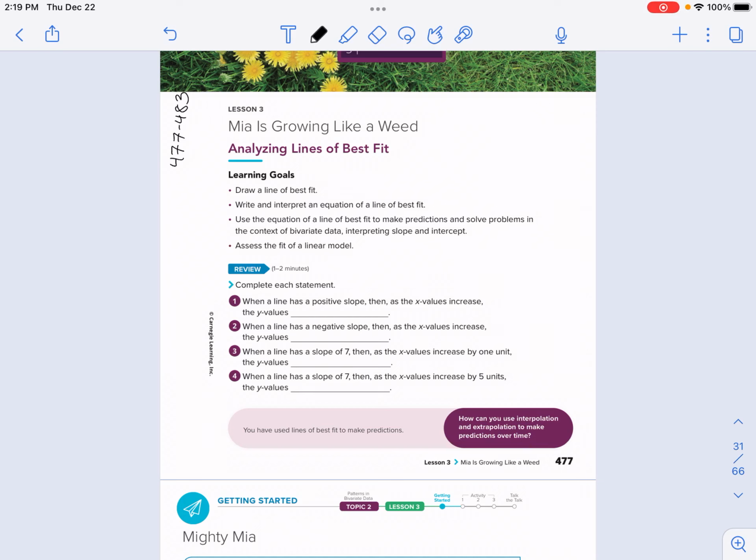All right, we're on page 477, working until 483. This is lesson 3. We're going to be working through the warm up, getting started, and activity 1 and 2. So this is analyzing lines of best fit. We've had some experience drawing lines of best fit and writing the equations of it, but now we're going to analyze it. We're going to start first off with the warm up here,